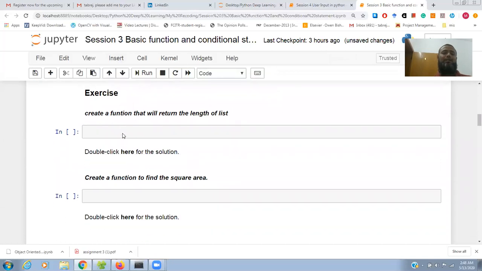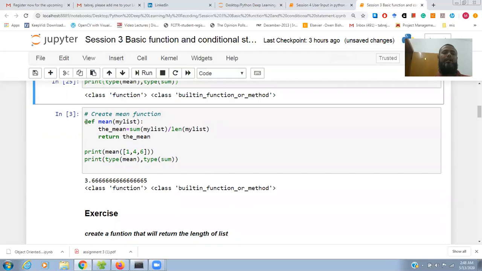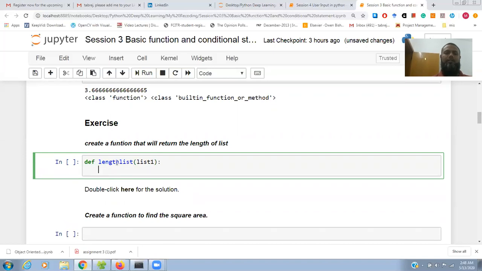Now this is one exercise: create a function that will return the length of the list. It's simple, you just write the same thing, def and length, any name, length of the list. You pass the parameter list 1, and you want to return the length of the list, so len of list 1.